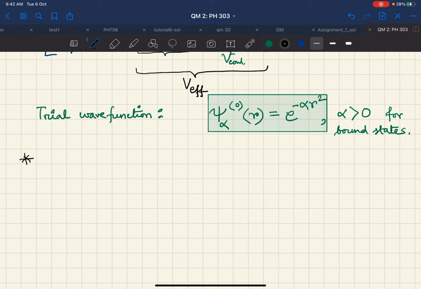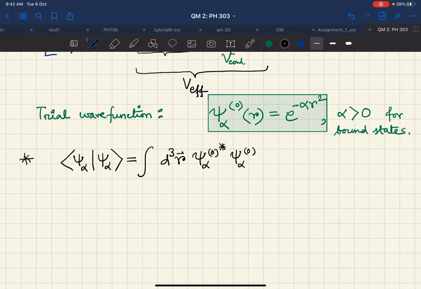So we will follow the same technique here. First things first, we will write this as psi alpha. That means this is basically a triple integral, d3r, psi alpha 0 star and psi alpha 0. But we know that d3r is nothing but 4 pi r square dr, because there is no theta